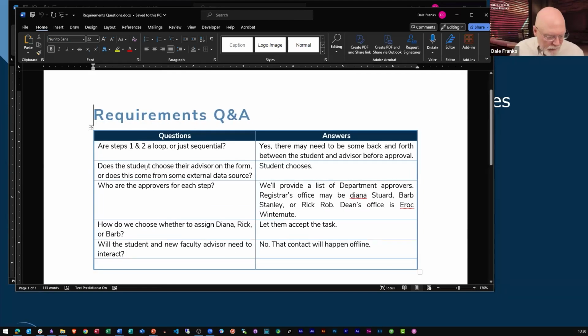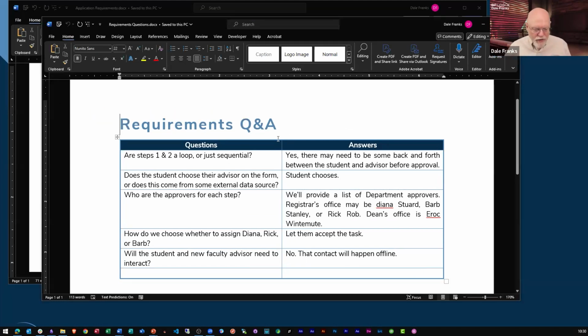So just on the initial look at the requirements that we've been given here, just looking at question one or step one, I begin to have questions that need to be answered as far as how this application is going to work. I need to draw these details out of them.